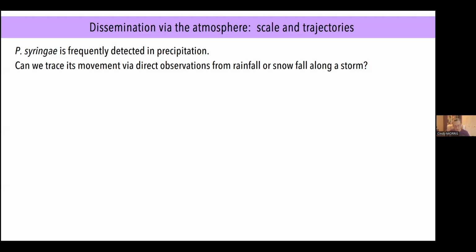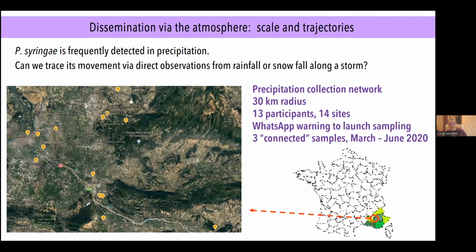Okay, so we tried to do this. Very complicated. So thanks to the participation of my colleagues at the lab who live in quite a few different places, not right next to where we work, about in a 30-kilometer radius, and they were willing to set up rain samplers in their home. And so there were 13 participants at 14 sites, and I set up a WhatsApp warning group to tell them,